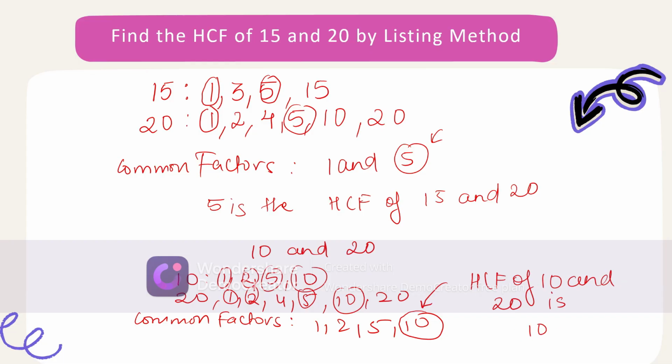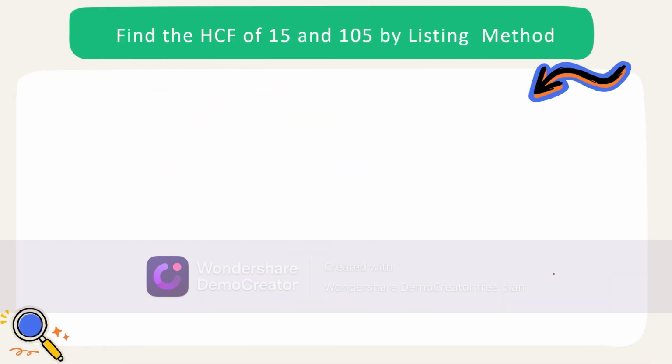Let's move on to the next example. Let's find the HCF of 15 and 105 by the listing method. In this method we list all the factors. Let's find the factors of 15 first. The factors of 15 are 1, 2 cannot divide this number, so 3, 5 and 15. Let's find them for 105. 105 can be divided by 1, you cannot divide it by 2, you can divide it by 3,